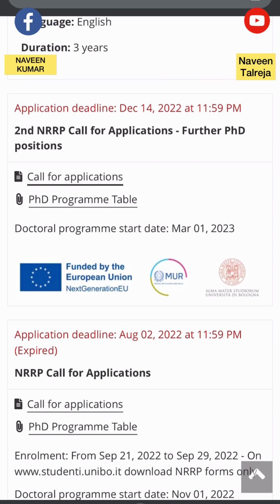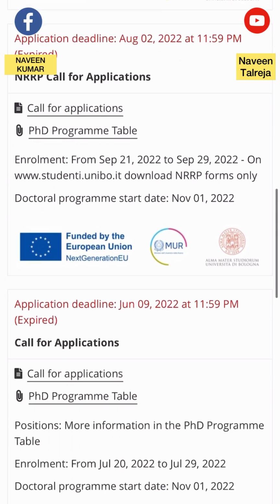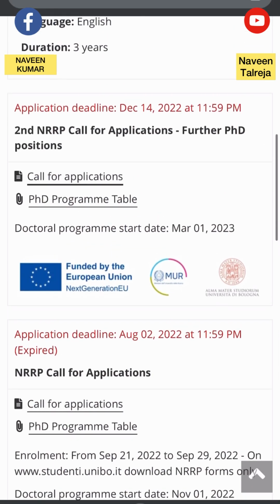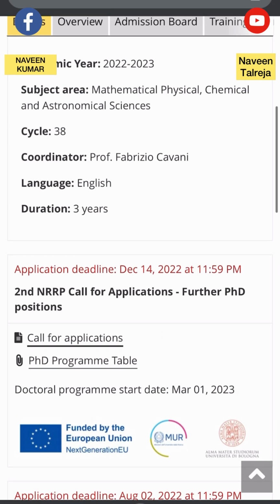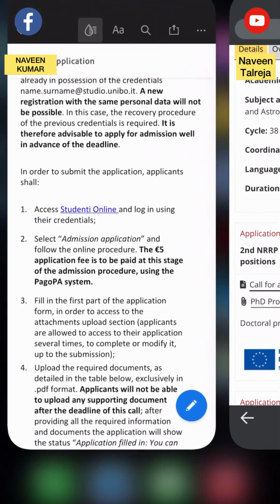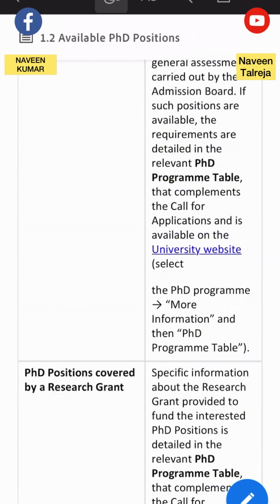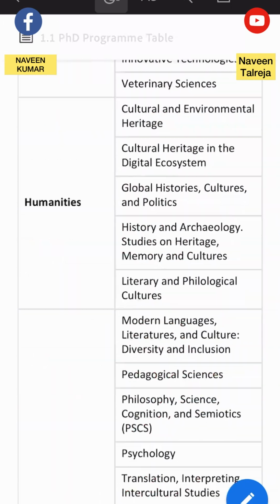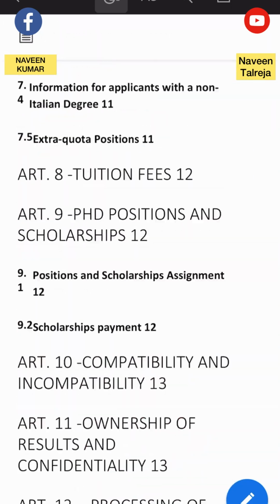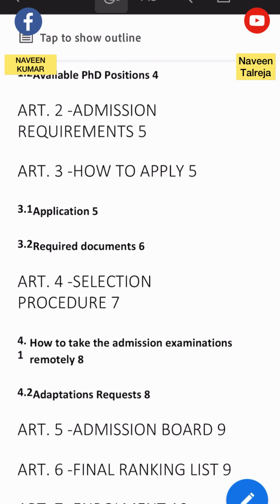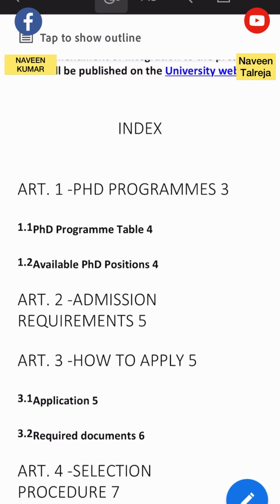Here you will see what the requirements to apply are and everything. For example, I have another file open already. You will go to the application, and this call you can also get in English. In this call you will have detailed information.